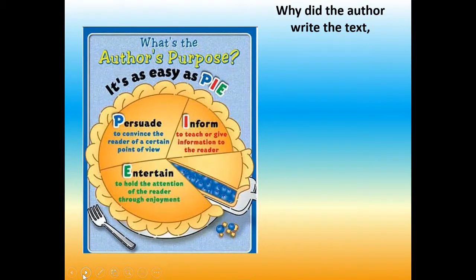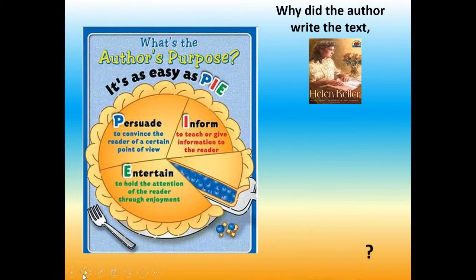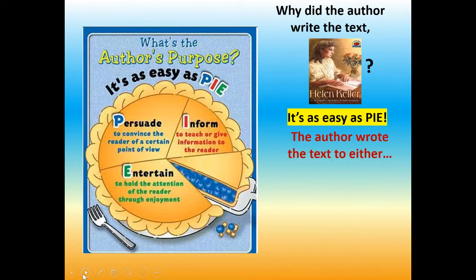All right. Why did the author write the text Helen Keller? It's as easy as pie. The author wrote the text to either persuade, so P stands for persuade, and persuade means to convince the reader of a certain point of view,